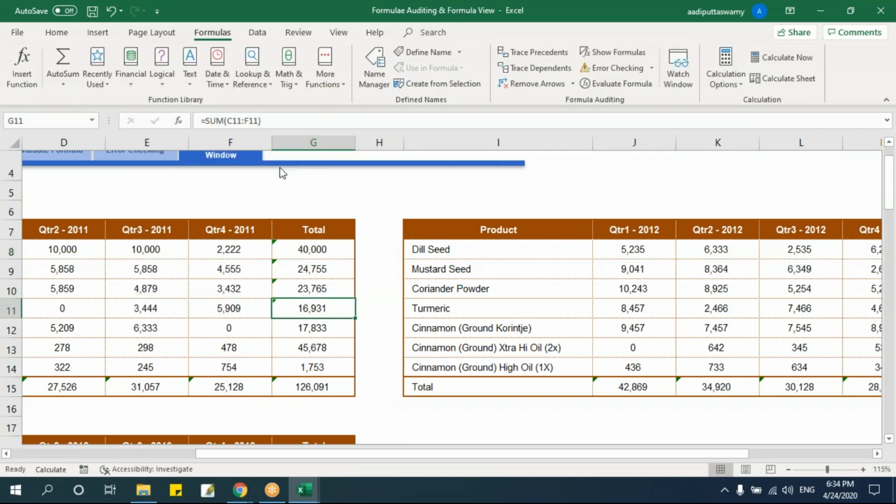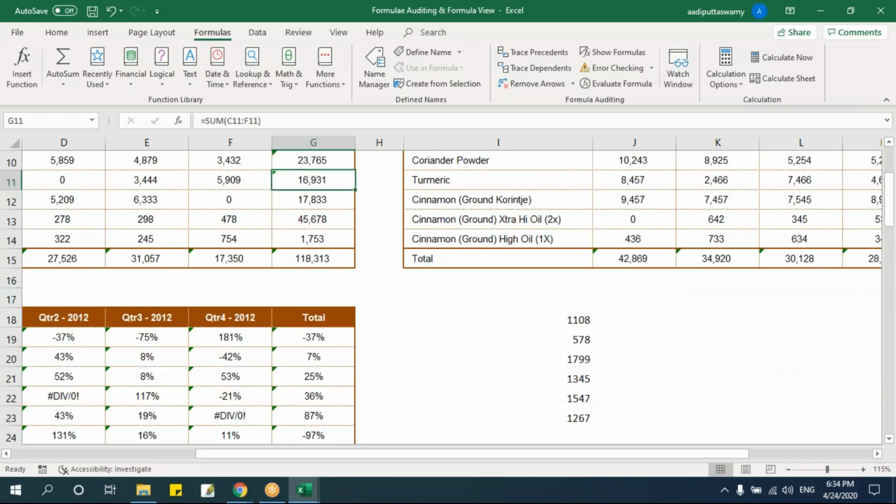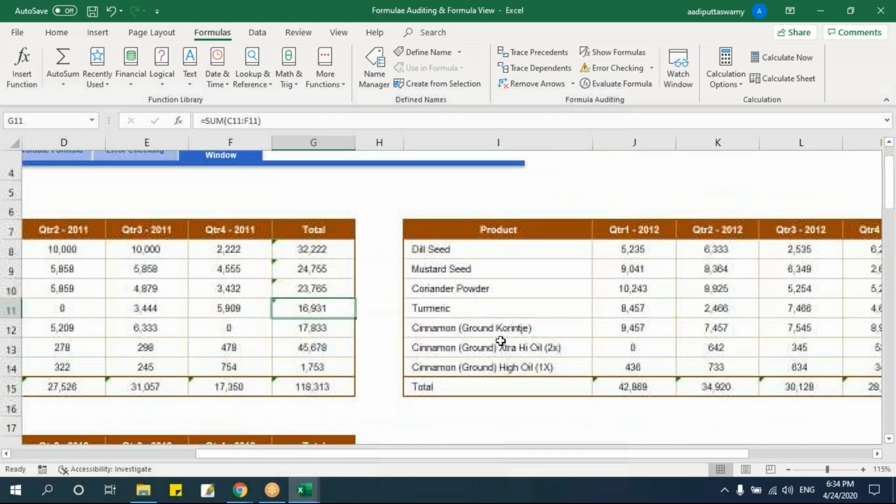Nowhere it will get changed. Just go here and say automatic, then you'll know the calculations are getting updated. This is very important, because I've seen many people asking me, saying that, sir, I'm not getting this totally, it is not getting refreshed, so what to do? That is just simple. Just go here and say automatic.